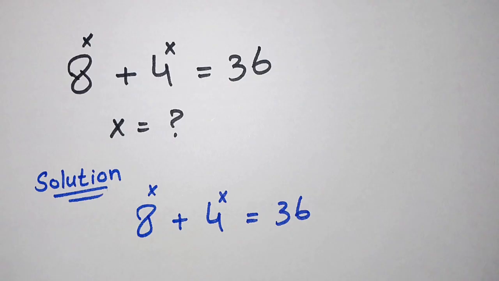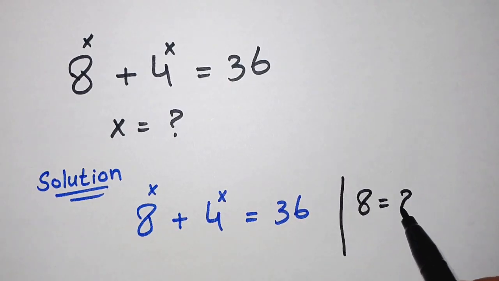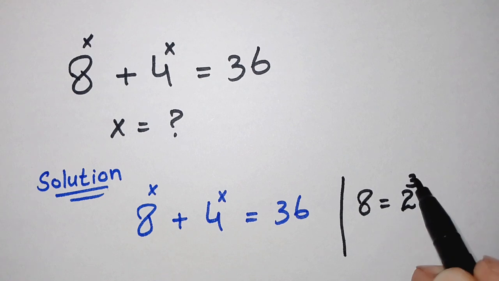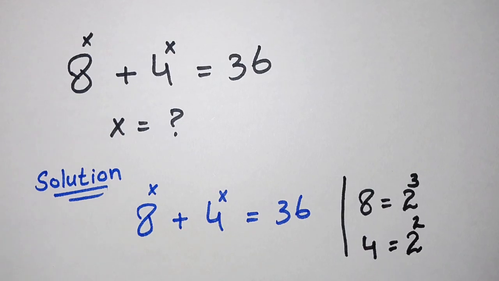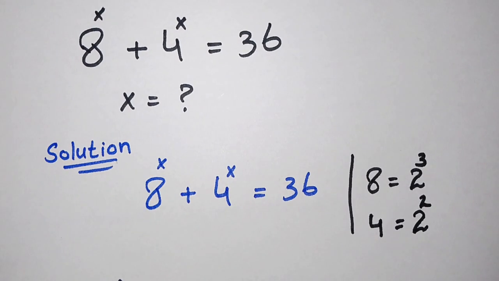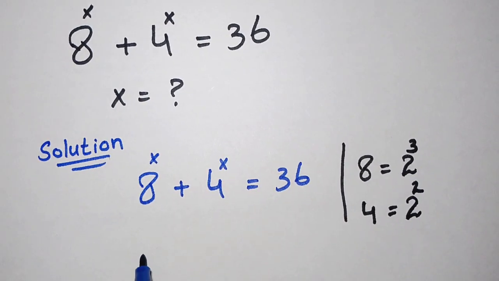Here we know that 8 is equal to 2 to the power of 3, and we also know that 2 to the power of 2 is equal to 4. So here we have to replace 8 by 2 to the power of 3 and 4 by 2 to the power of 2. So in the next step, this will become 2 to the power of 3,